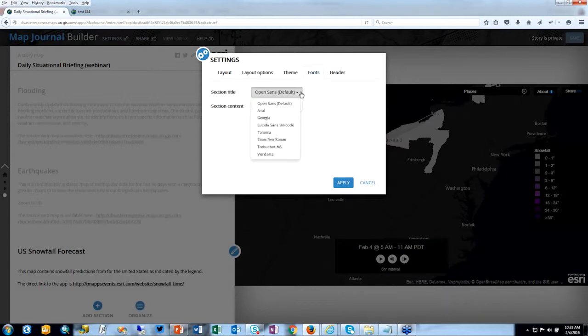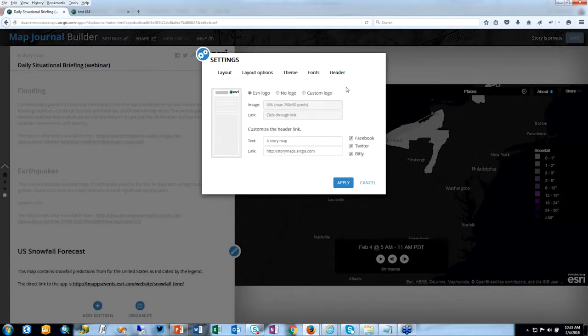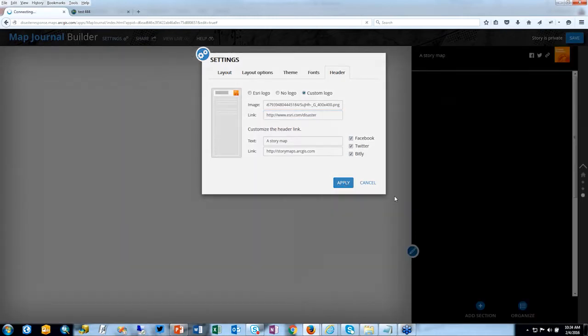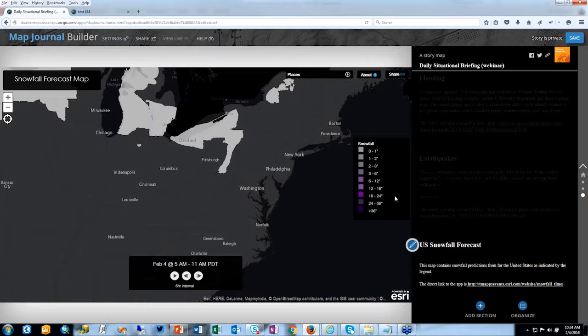Make decisions on the text we want to use, if we want to go more of a classic Times New Roman look. Maybe there's a branding guideline that we're trying to follow for our organization. And then finally here, options for configuring the header. We can include a custom logo here. This is where you'd put in the URL for the logo to your organization or jurisdiction. Maybe you can additionally provide a link, so if people clicked on that, it could go to your organization's homepage, and I can simply hit apply,